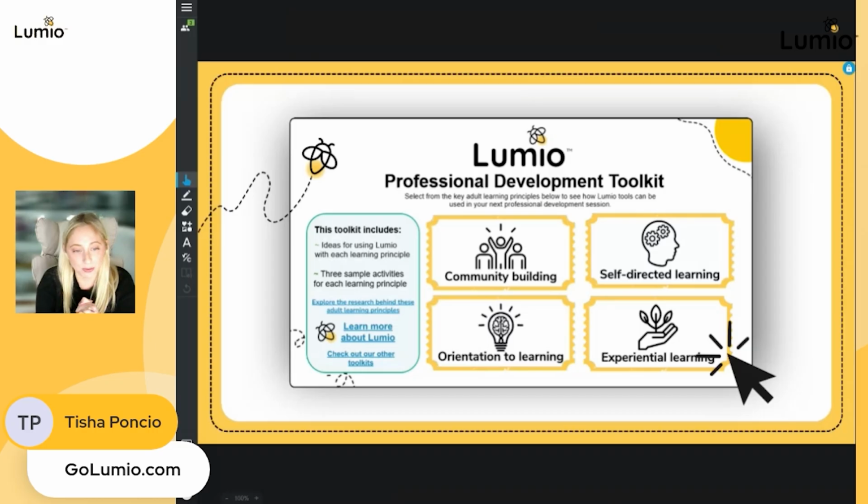So we do have one that was created by one of our incredible team members, Holly, and it is our professional development toolkit. So she's got some really great ideas in there of how you can continue to use Lumio with adults as it pertains to professional development. So there's a section there on community building, self-directed learning, experiential learning, and orientation to learning. So some really great ideas there for you with some templates that you can just walk away with and use,